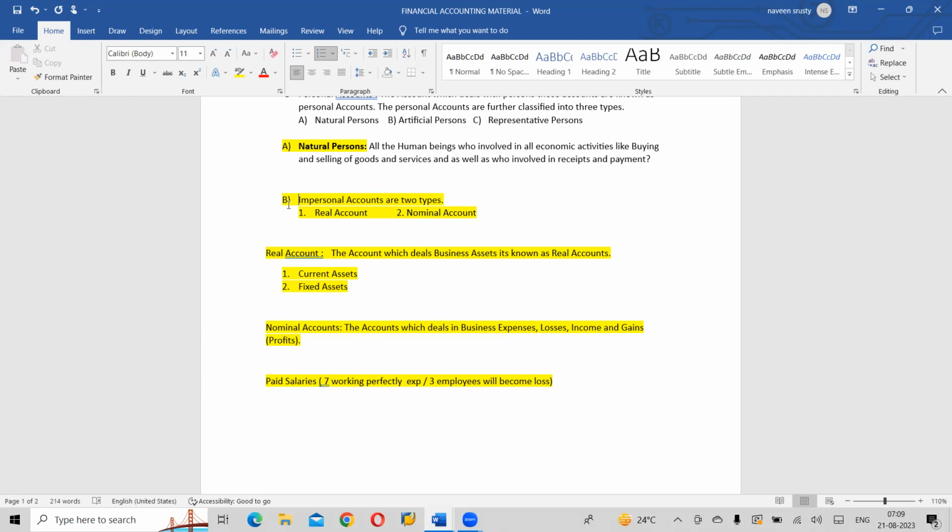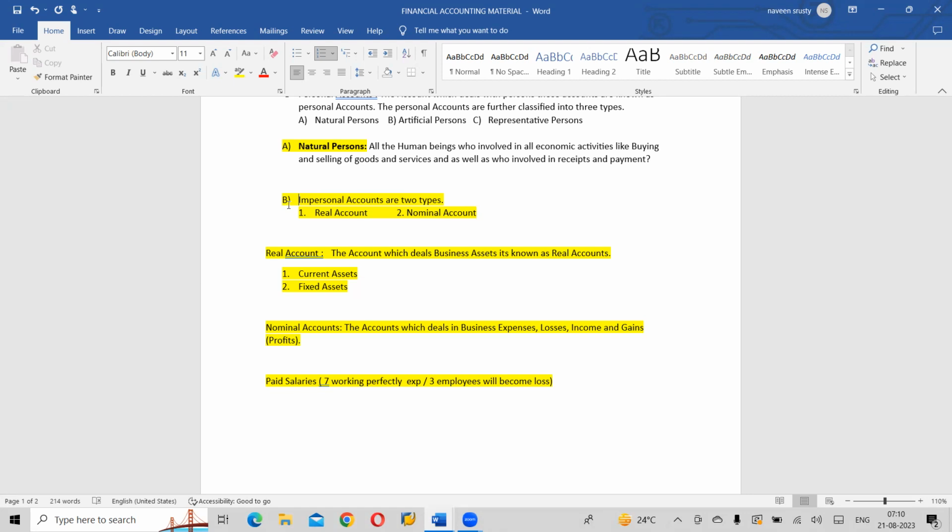Yeah, please go ahead. Yeah, Naveen, as you said, if I'm not using that premises due to COVID, it can be a loss, but it can be an expense also for me. No, I'm not asking about an asset. I took a building for rent. No, I'm saying that it can be an expense for me. Which one?